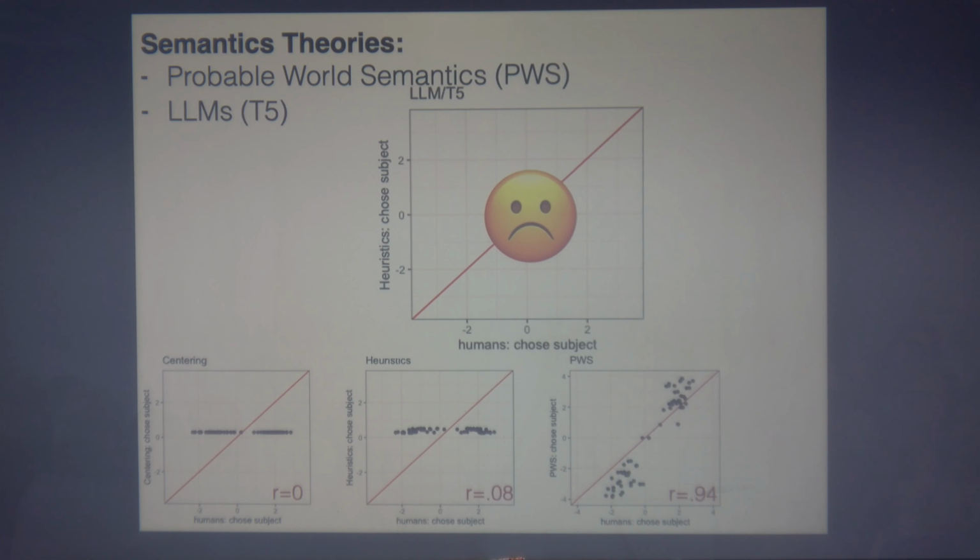Unfortunately, I don't have an LLM graph for this particular evaluation because remember how I said that T5 had this really nice interface and really good documentation, and we did all of the evaluations except for this last one, and it broke and doesn't work anymore, and it's no longer supported. But luckily, in the meantime, it has been implemented in Hugging Face, so we'll be able to get the numbers out. I just haven't figured out how yet.